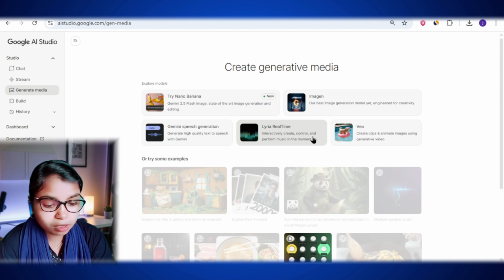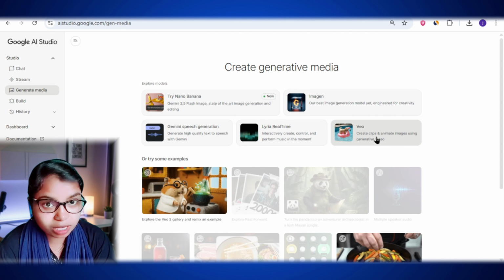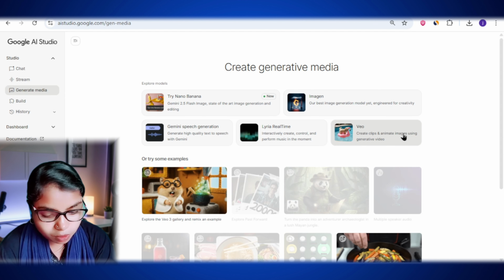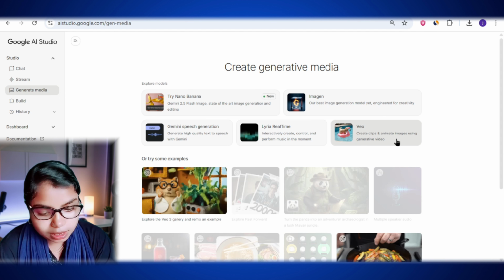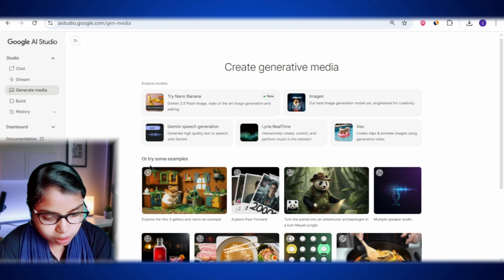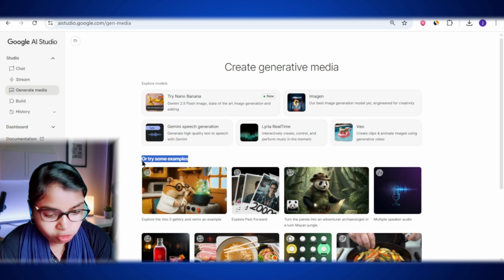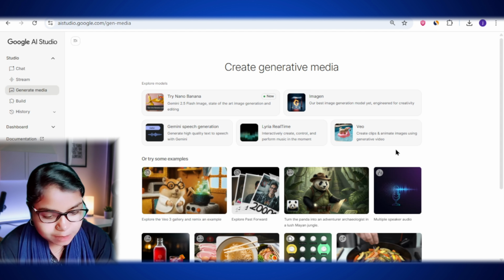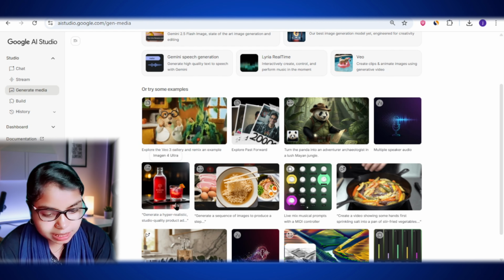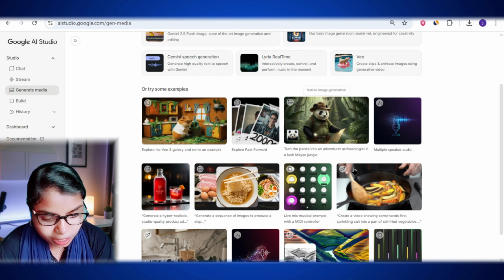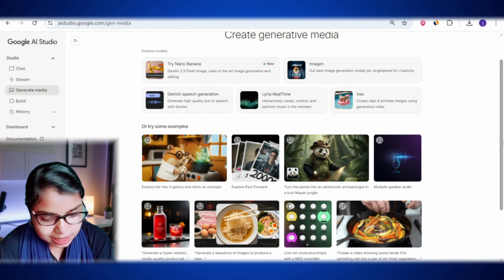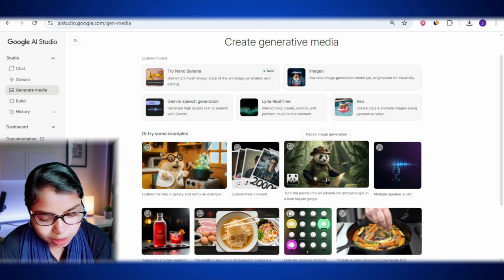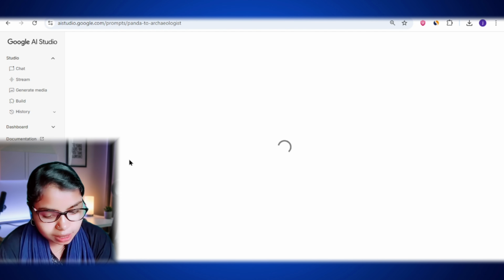And finally, for video creation, there is VEO, a generative model that can create short clips or even animate still images. Just below the models, you will also notice a section called "Or try some examples." This area is especially helpful for beginners because it gives you pre-made sample prompts to experiment with. By clicking on these, you can quickly see how the model works, get inspired, and then start crafting your own